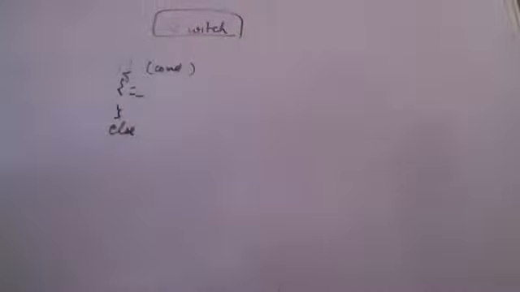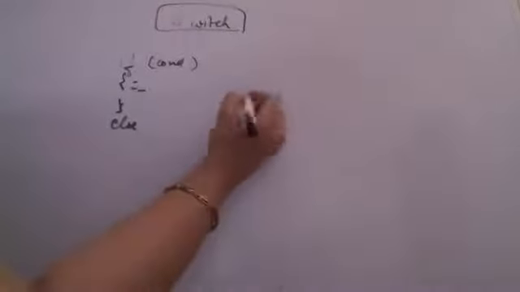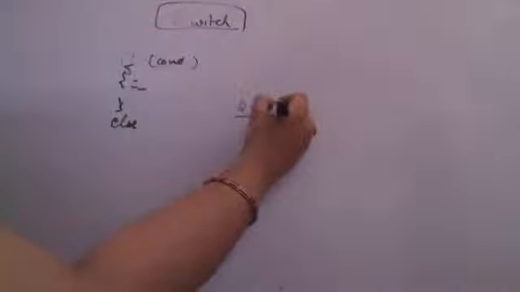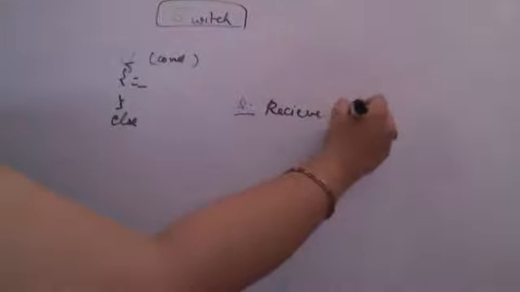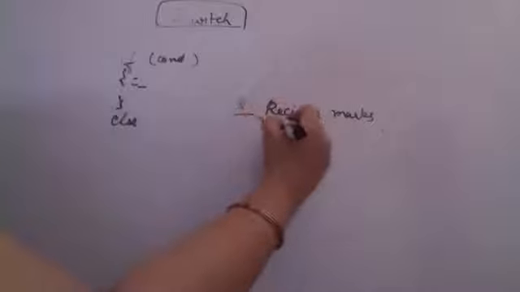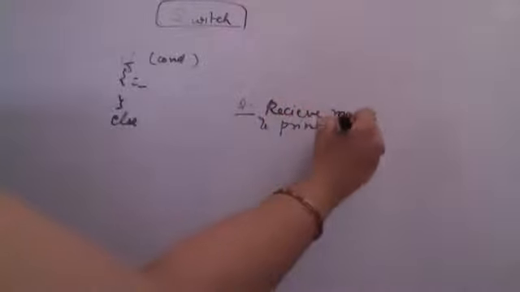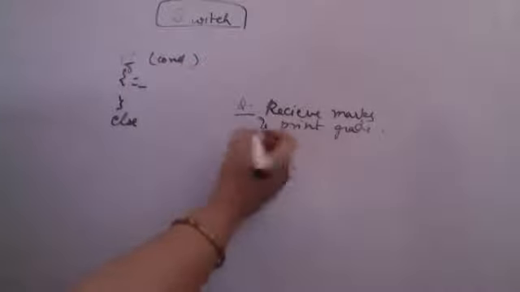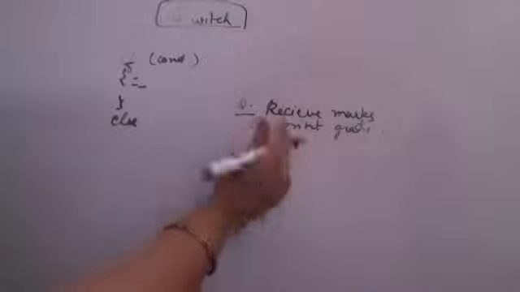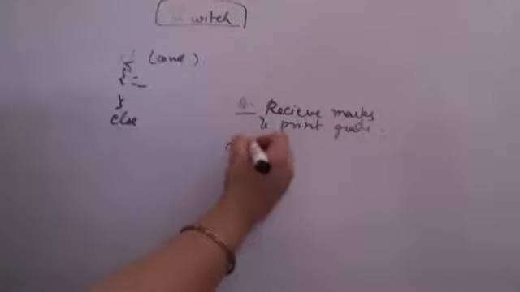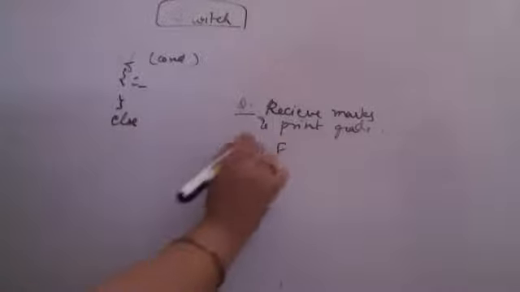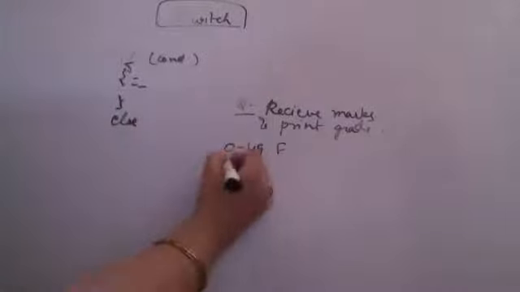If I want multiple conditions to be used, just for example, I take a question where I receive the marks of a student and I award a grade. I receive marks and I have to print the grade according to the marks. The marking scheme is just a random example. Supposedly I'm taking 0 to 49 as an F grade.